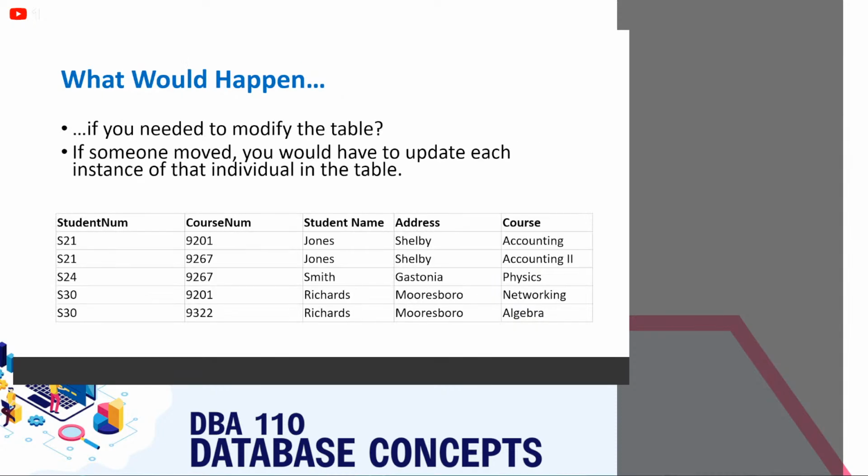Right, so what if, when we look at this table here, we have a couple students that are represented more than once. What if something happened where Jones and or Richards, maybe one of them got married, maybe one of them moved. And if you don't select them the proper way,